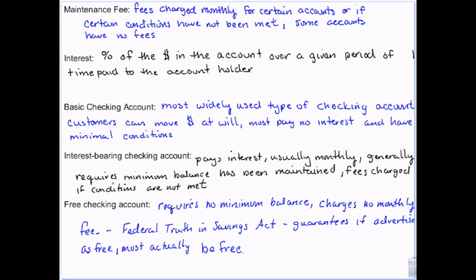Interest is paid on the money in your account over a given period of time. So let's say you have an interest earning account. Currently, a high interest rate, sadly enough, would be about 1%. Most of them are much lower than that. Interest rates are really kind of low right now. But what will happen is they'll take, let's say, the annual percentage rate of 1%, divide that by 12, and pay you 1/12% every month on the balance, your average balance in your account.